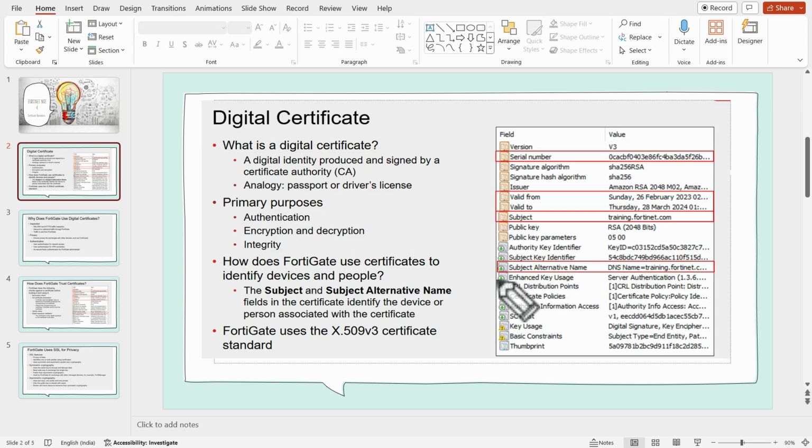For encryption and decryption, public and private keys are used to perform these functions. About integrity, messages are hashed using the secret key, known only to the sender and receiver, who can see the hash value and confirm the integrity and authentication. FortiGate identifies a device or person by reading the CN value in the subject field, which is expressed as the DN, meaning distinguished name.